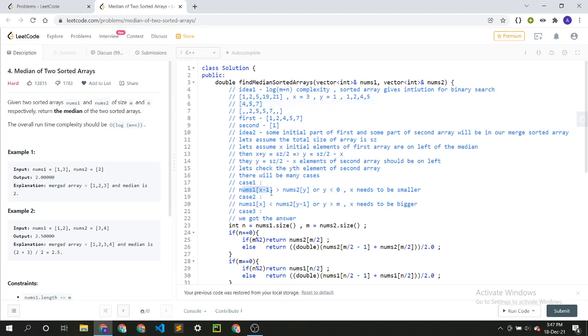If nums1[x-1] is greater than nums2[y], we can take x equal to 4 and y equal to 1 here. Then nums1[x-1] will be 19, nums2[y] will be 5. So nums1[x-1] will be greater than nums2[y].